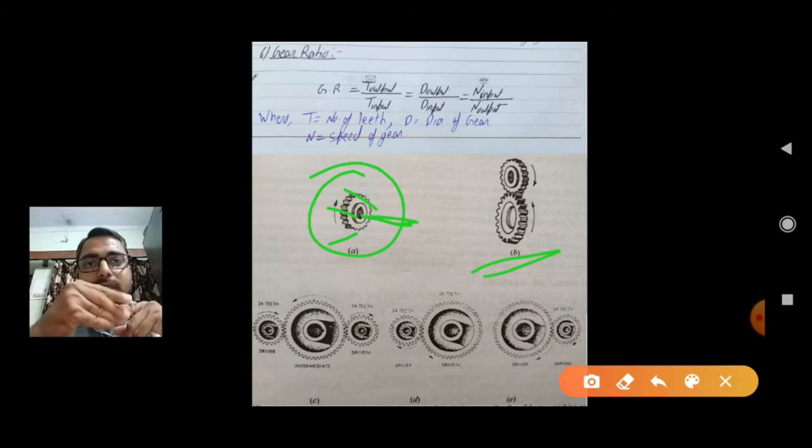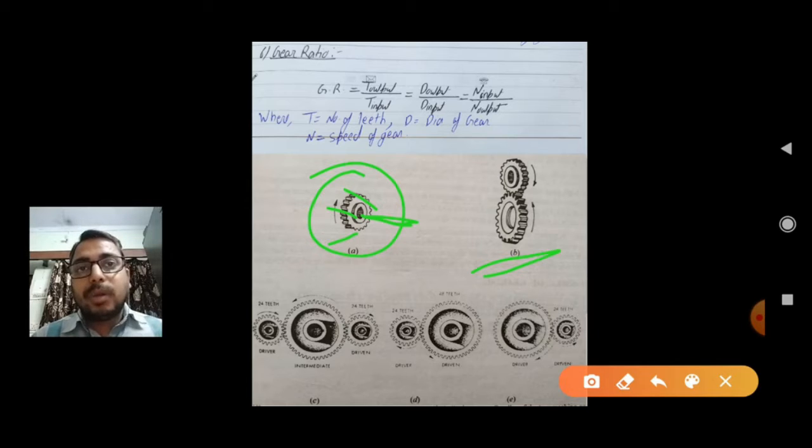If I can show you here, this type of arrangement says that the axis of the shaft is this, and the teeth are cut at a certain level of inclination on the periphery of the cylinder. That is known as the helical gear. The advantage of the helical gear is that the noise generated in the spur gear is much reduced.